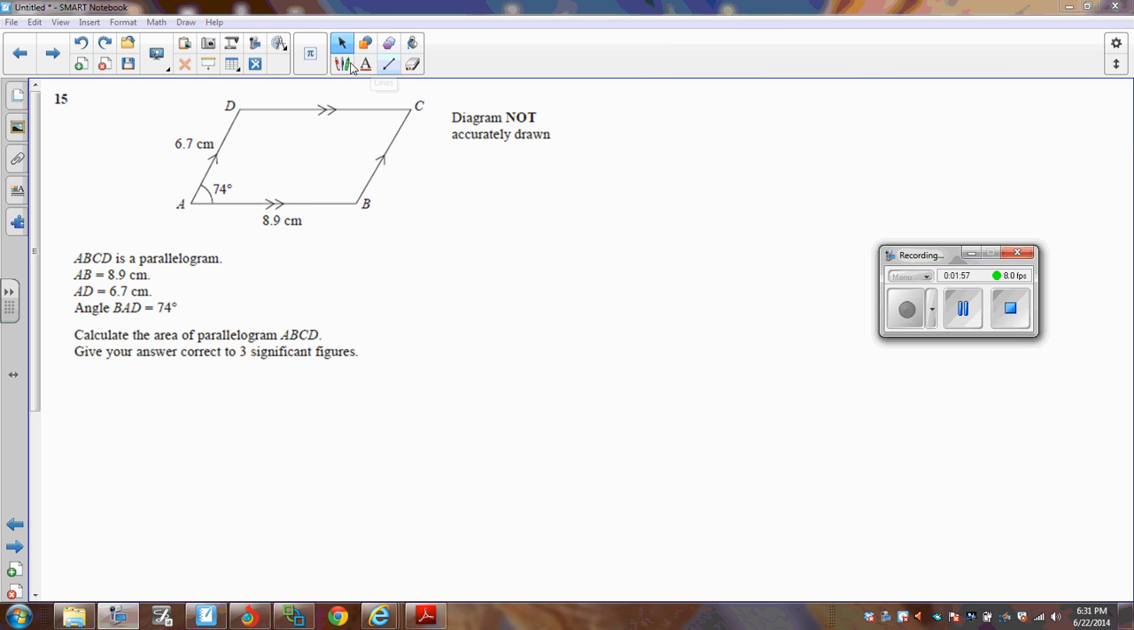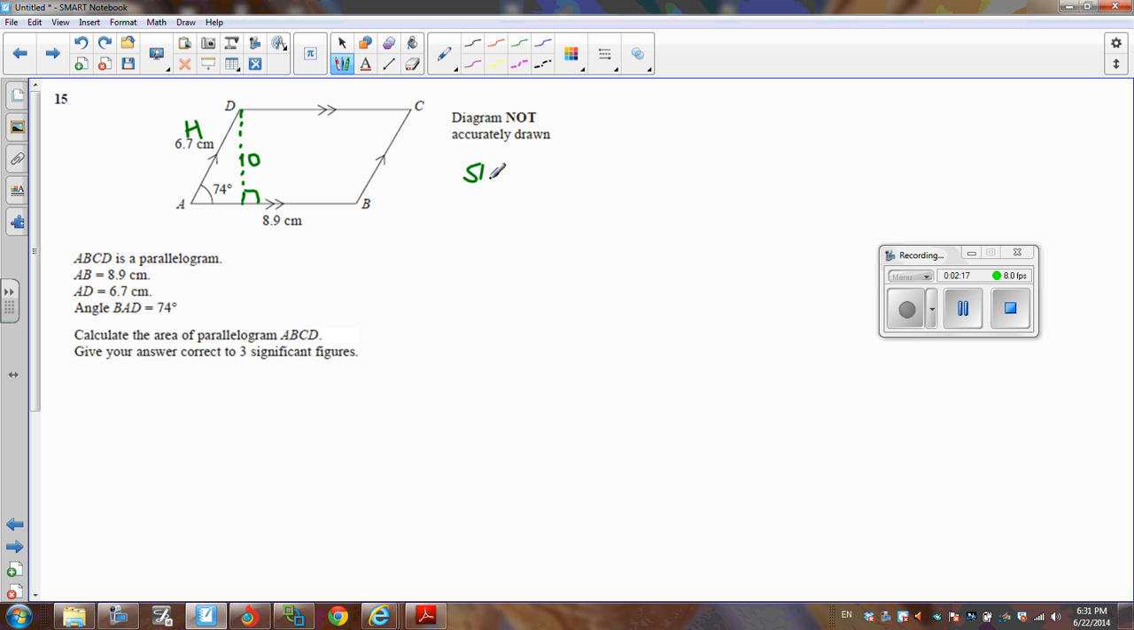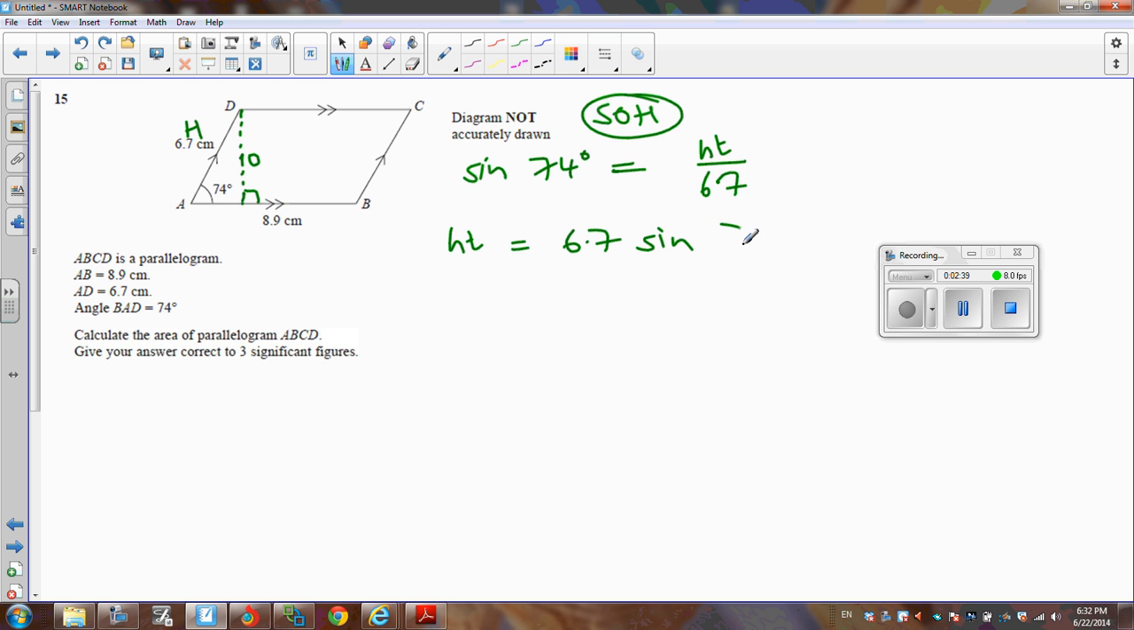Okay, an alternative way here is to actually work out that vertical height, and the easiest way to do that is work out the distance here, because I can use this little triangle here. I need this vertical height here. If we look at the 74, that's the opposite and that's the hypotenuse, so I can use sine, because I've got the opposite and the hypotenuse. So sine 74 is equal to the opposite, which is, let's call it the height, divided by the hypotenuse, which is 6.7. So the height of the parallelogram is equal to 6.7 sine 74 degrees,